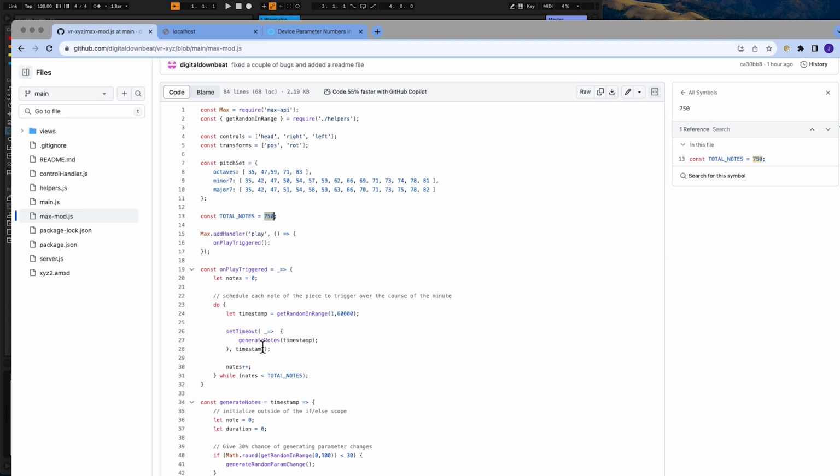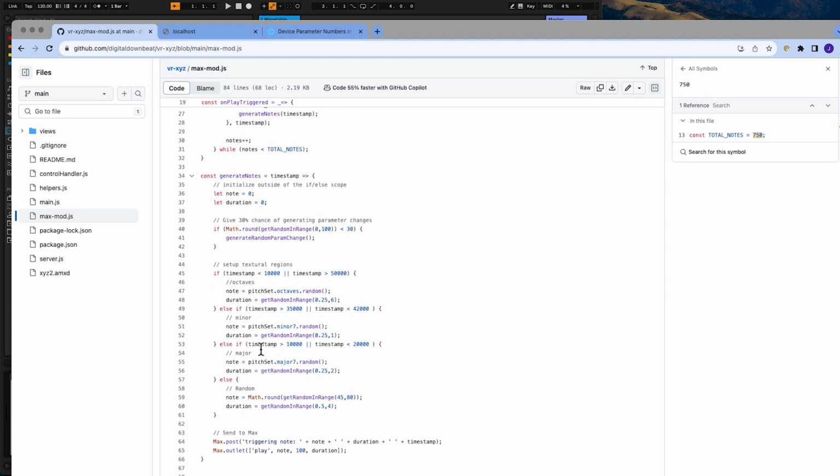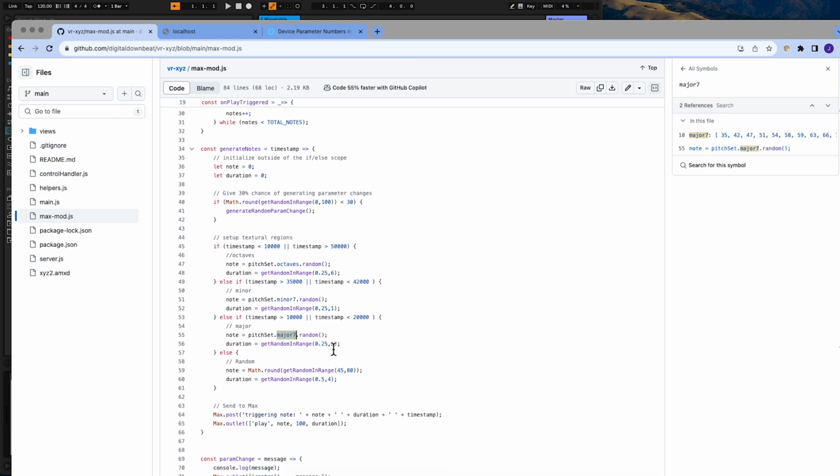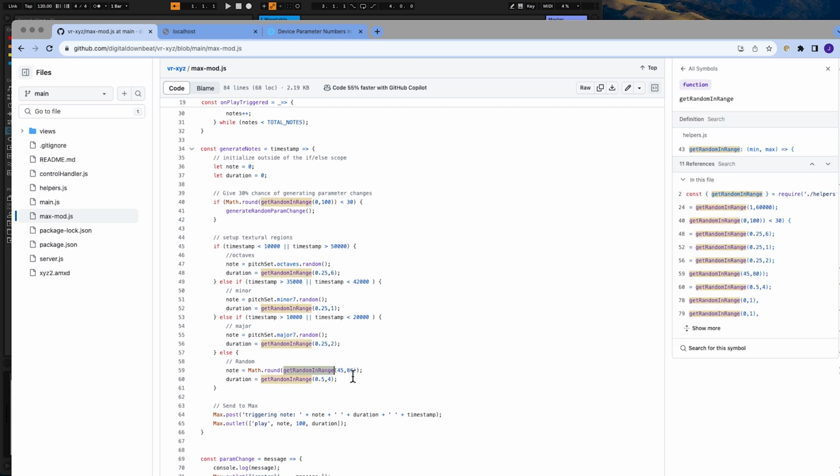In the generate notes command, it outlines the structure of the piece. So first of all, there is a 30% chance that it's going to change parameters. And if it's before 10 seconds or after 50 seconds, then we're using the octave pitch set. If it is between 35 and 42 seconds, we're using a minor 7th. If it's between 10 and 20 seconds, we're using major 7th pitch set. And then if any times outside of that, we're just using random chromatic pitches within the range of MIDI note